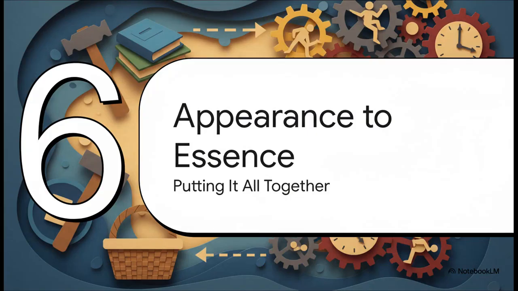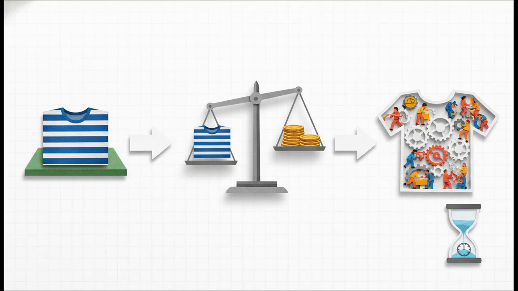All right, so we've taken this whole journey, right? We went from a simple object you can hold in your hand all the way down to its hidden social core. Let's just quickly retrace our steps and put all the pieces together. So let's just recap that whole chain of logic one more time. It all starts with a useful thing, a use value. Take that thing to the market and suddenly it has an exchange value. But that exchange value is just the visible form, the price tag, for its real substance, which is abstract human labor. And how do we measure that labor? With socially necessary labor time.